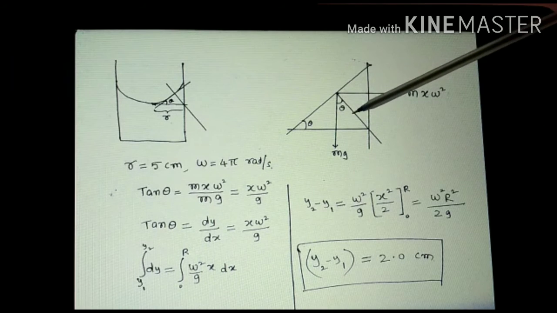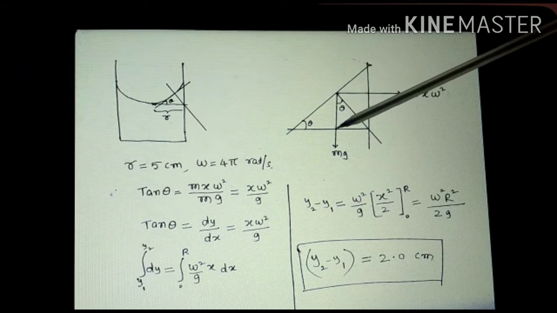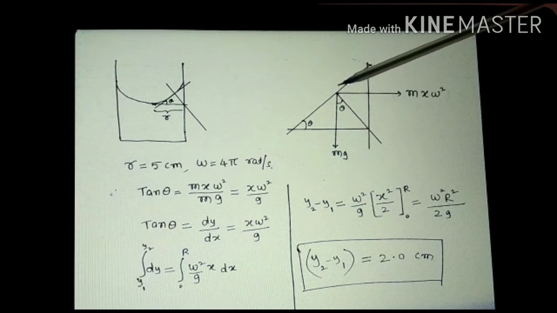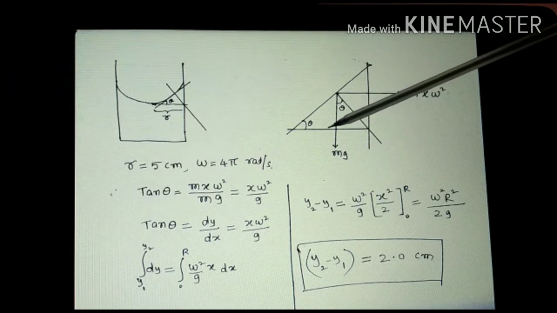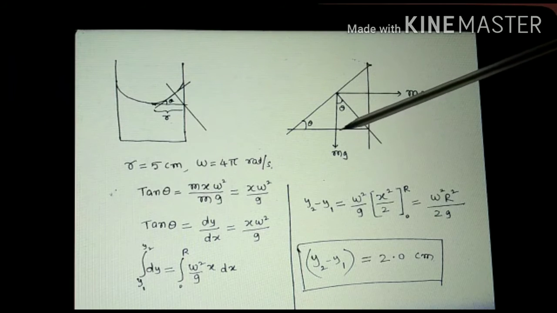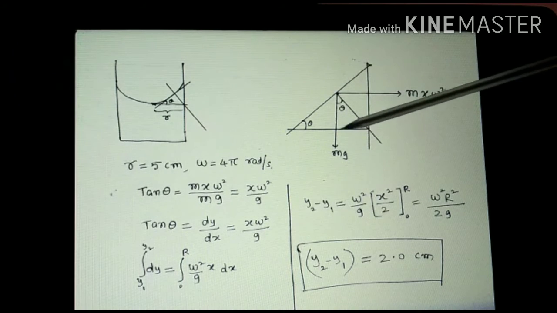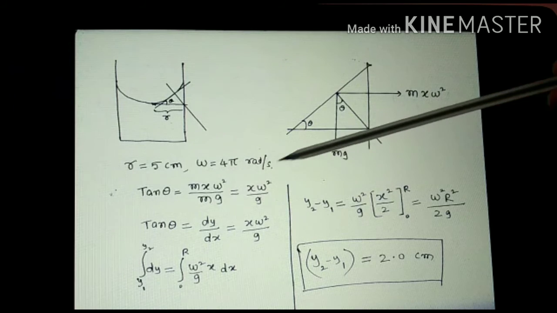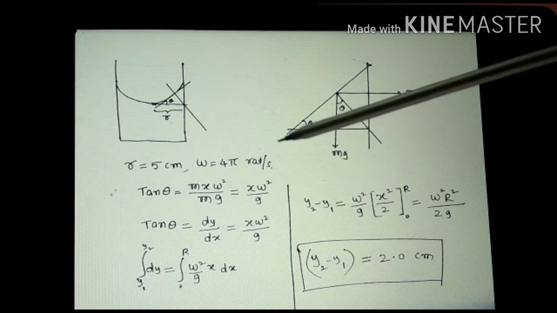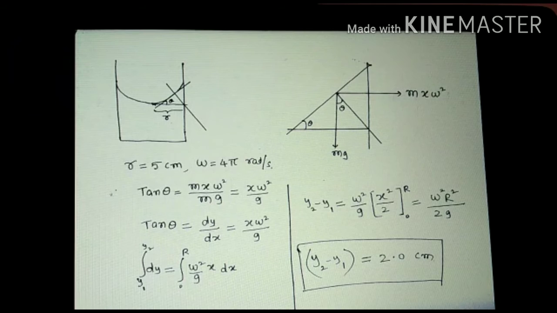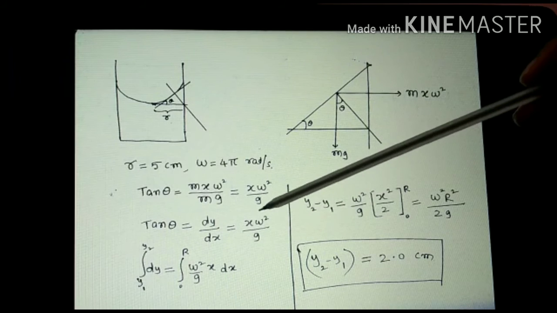Okay, so tan theta I am taking. You see this triangle, mg, it is coming from a point, there theta is there, no? So tan theta is equal to opposite side by adjacent side. Opposite side is parallel to m x omega square. So tan theta is equal to m x omega square divided by the downward force mg. Now cancel, x omega square by g. Tan theta is nothing but simply dy by dx. It is slope. Already I explained. These are the mathematical tools. Tan theta is the slope of this curve at that point. So dy by dx is equal to x omega square by g.